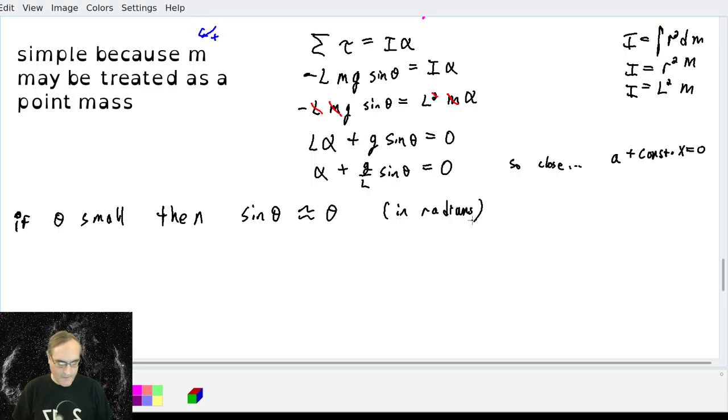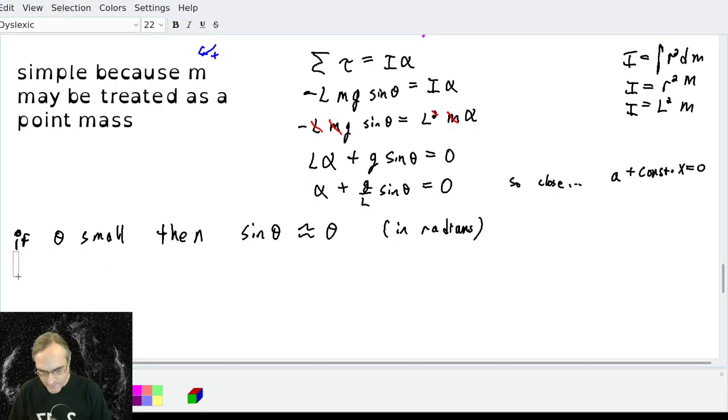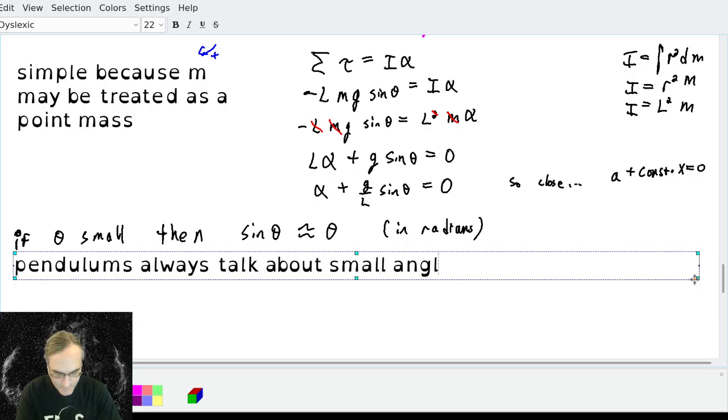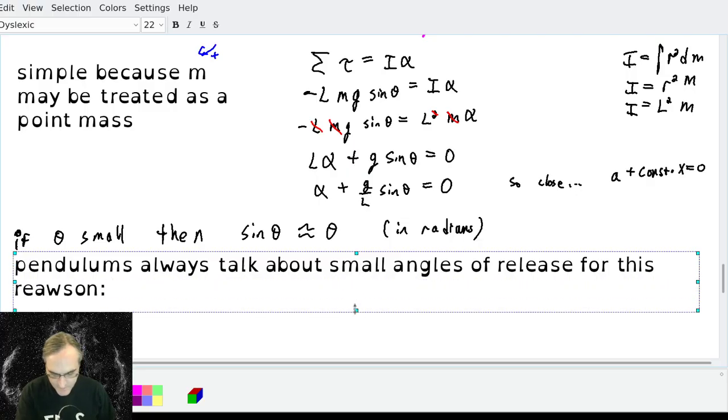This is why pendulums always talk about small angle of release. So as long as we have a small angle of release,